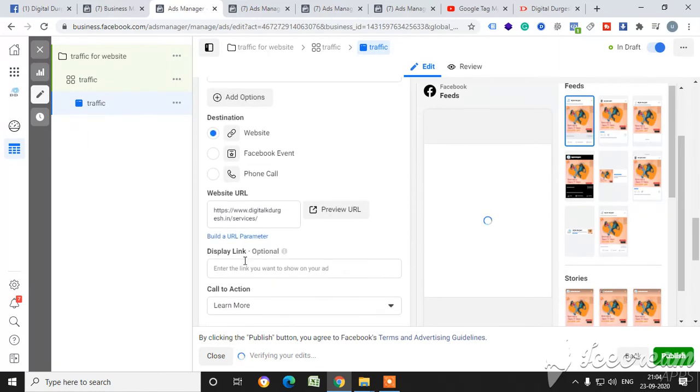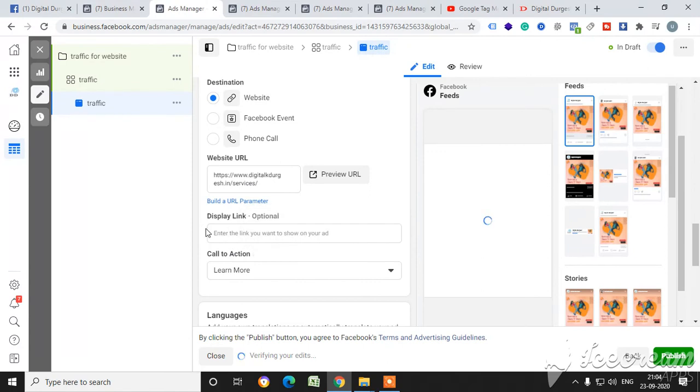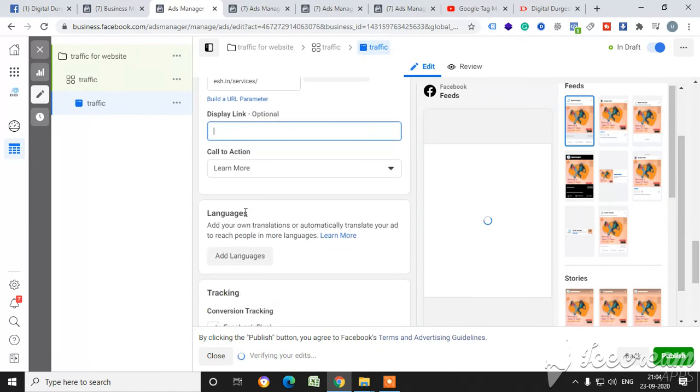See the website link. If you want to show a display link here, you can also give a link. This is called your parameters, but this thing is not for beginners.